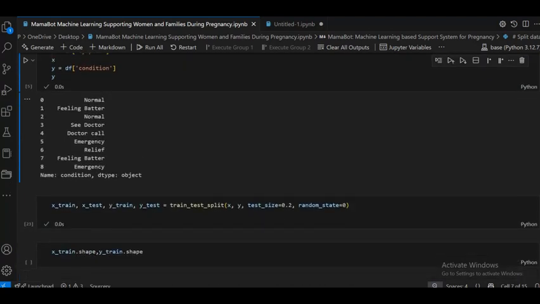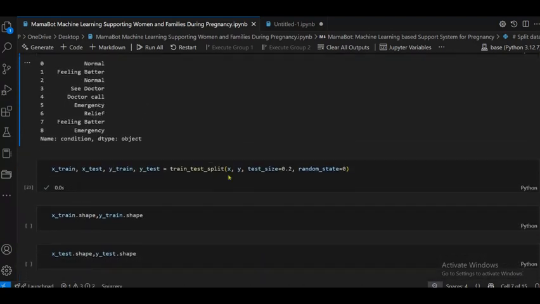The next one is x_train, x_test, y_train, y_test equal train_test_split, where I pass x and y, then test_size is 0.2, which means training data is 80% and testing data is 20%, and random_state equal 0.